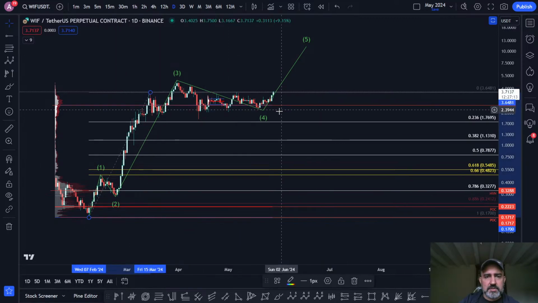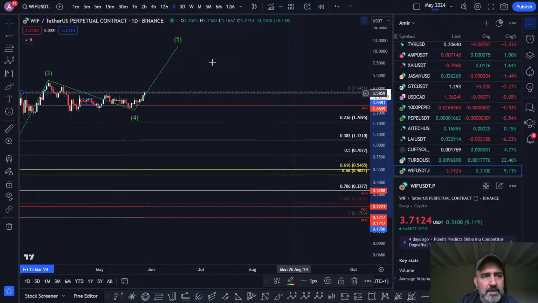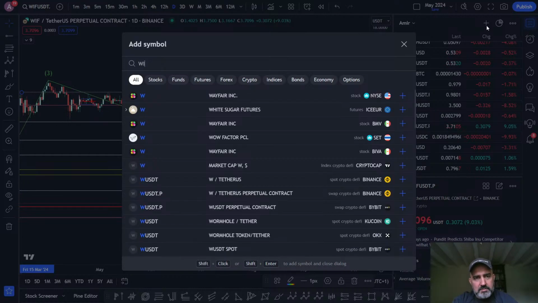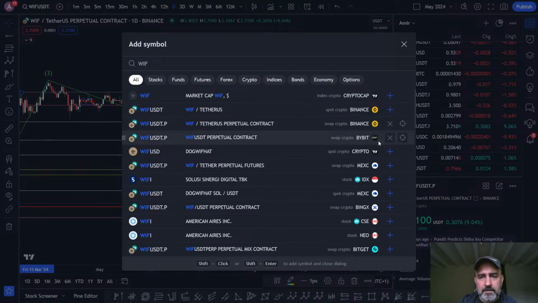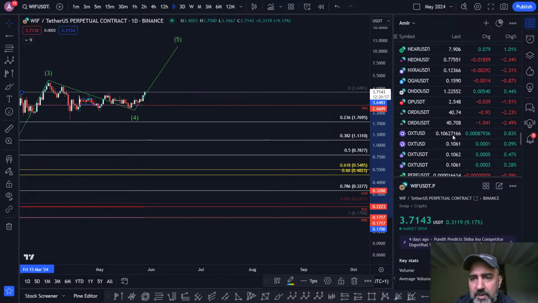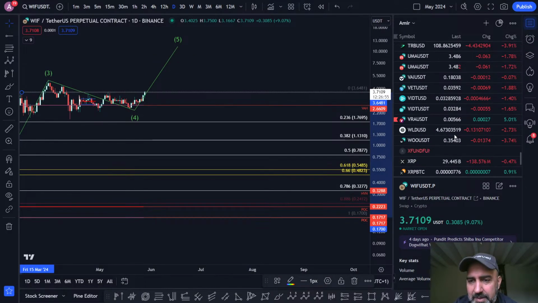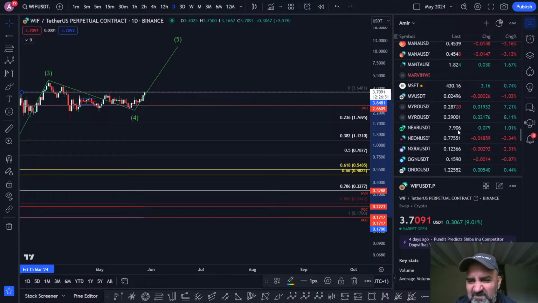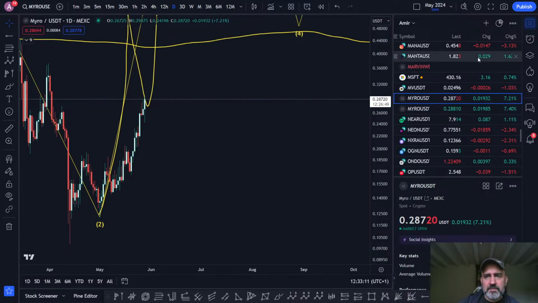This is not right. That's the macro. Okay, so where's my other one? Because this is Binance. I was looking at that on Next, wasn't I? No, it wasn't. It was Myro. I was looking at Myro. Sorry, that's why I'm going wrong. I just went to the wrong one. Where's Myro? There you are.